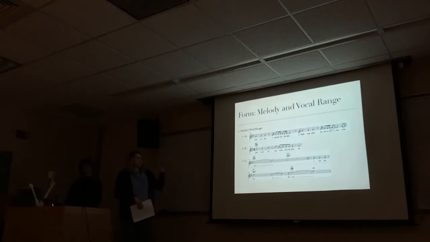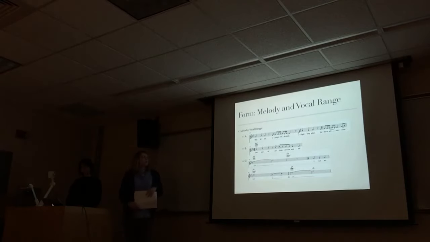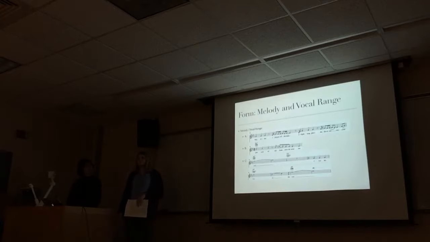It has a range of a fifth and goes from B flat to E flat, and then the C section has E flat down to the G. The other interesting thing with the three sections is the contour of the melody. With the A section, it hovers around this G and goes down and comes back up at the end of the A section. The B section features more of a descent, from this B flat down to F.